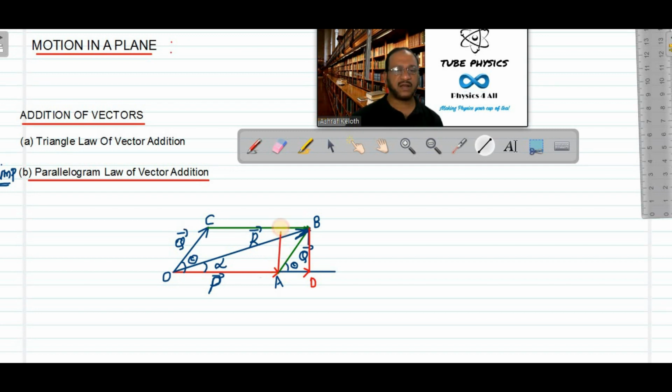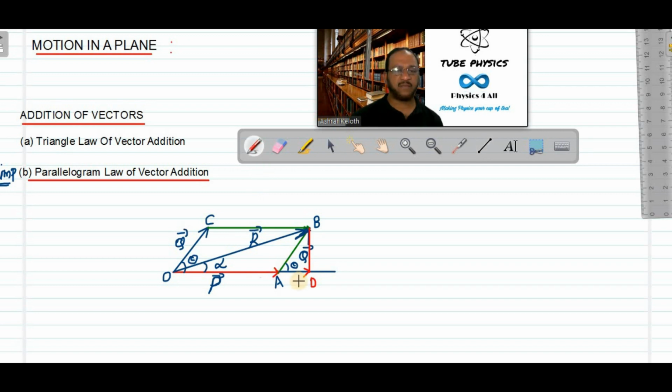But this vertical component and this BD are the same because they are parallel. This is the actual vertical component. When this is vector Q, it is resolved into horizontal component AD and the vertical component here. This vertical component is parallel to this BD, so BD can be taken as the magnitude of the vertical component because both are the same length. Okay.